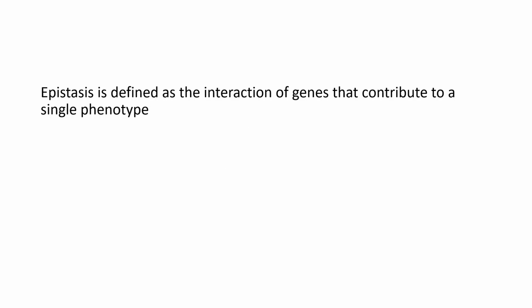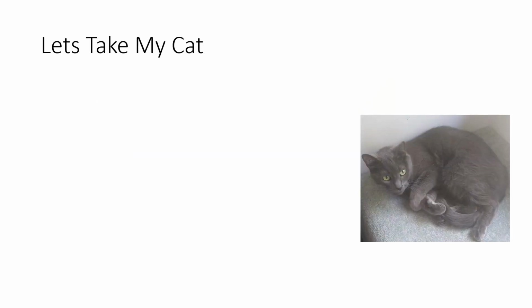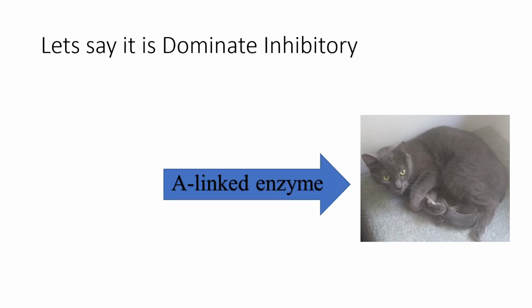So epistasis is defined as the interaction of genes that contribute to a single phenotype. But what does that really mean in practice? Well, let's take a real-life example, my cat, and let's pretend that his gray coat is caused by a dominant